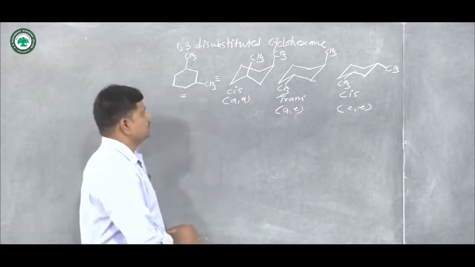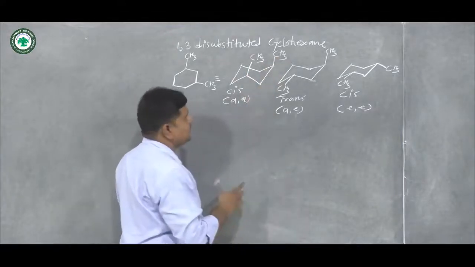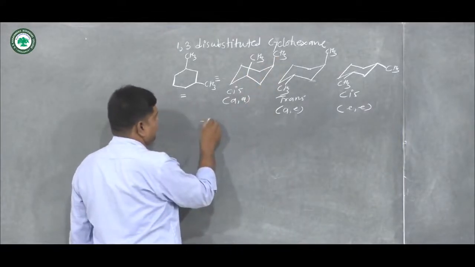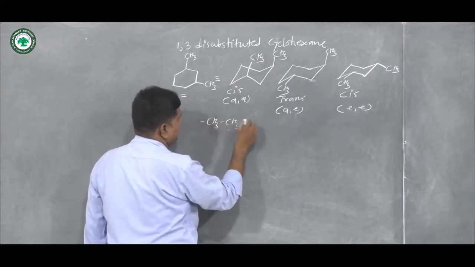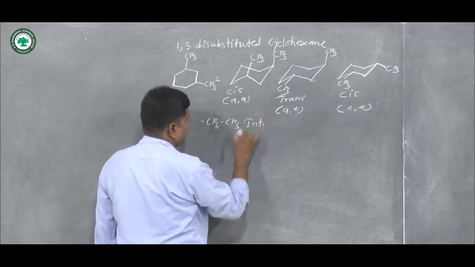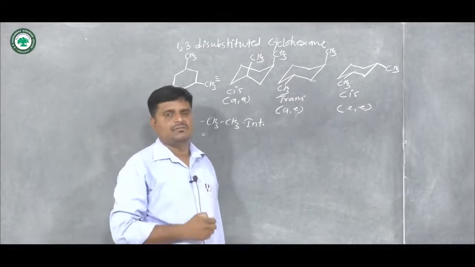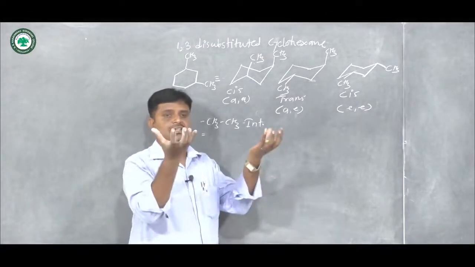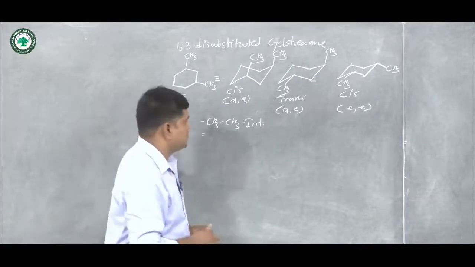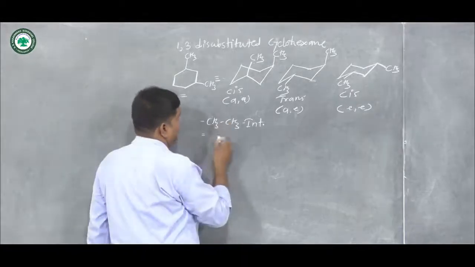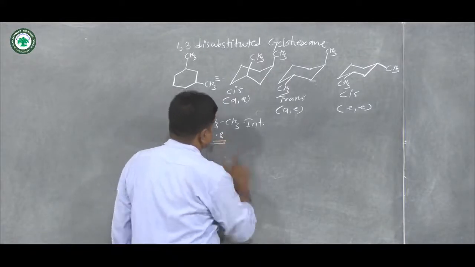Okay. Now in the first case there is much interaction. Which interaction? Here we get methyl-methyl CH3 interaction. Okay, and that interaction gives a huge amount of energy. Why? Because two bulky substituents are very close to each other, and that's why they interact with each other and give a larger amount of energy. So here we write 1.8 for this.